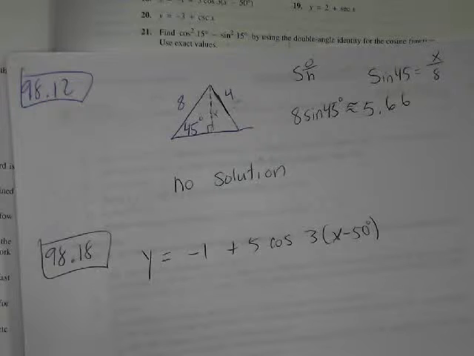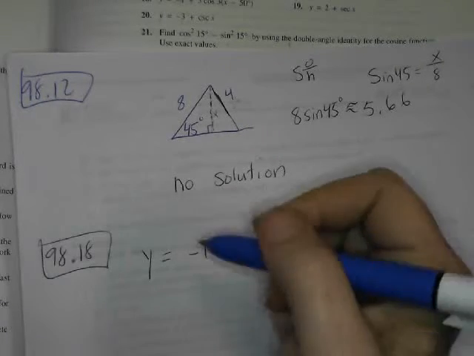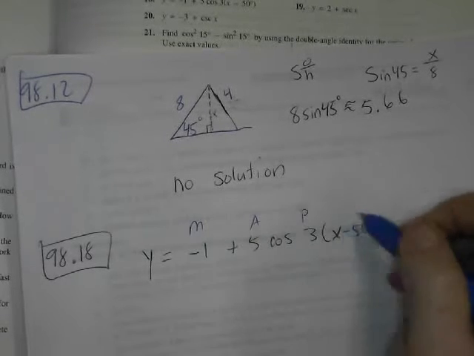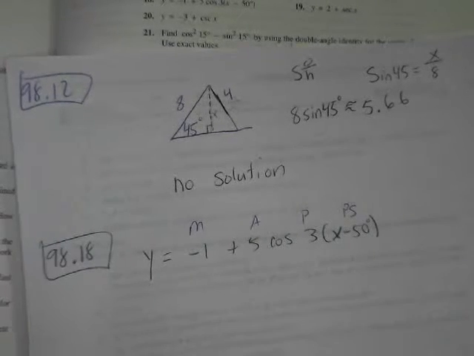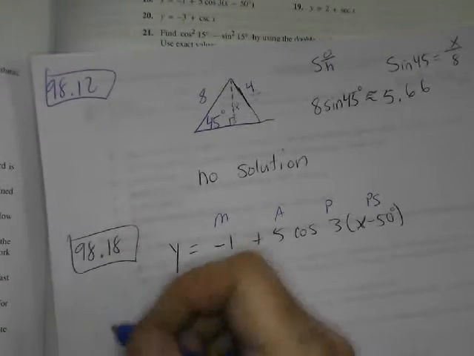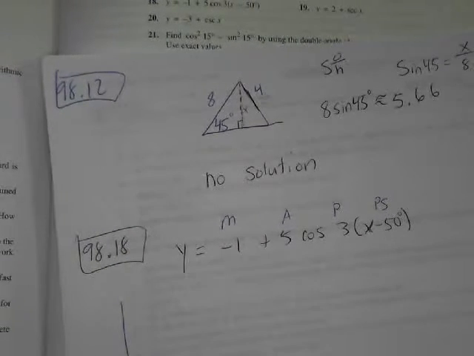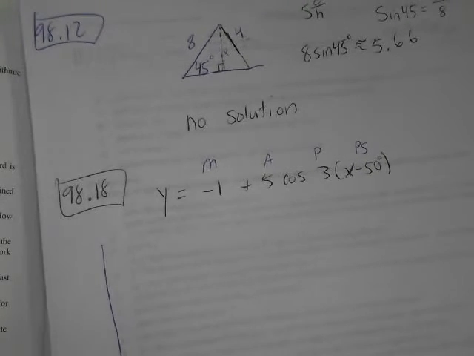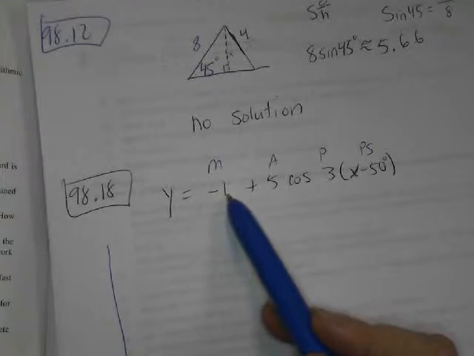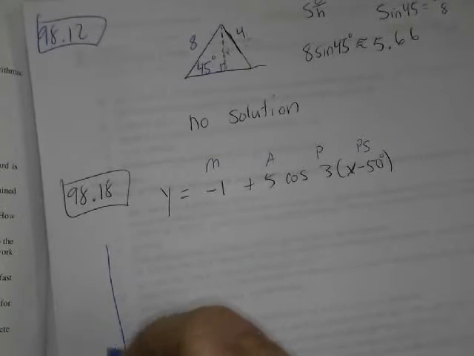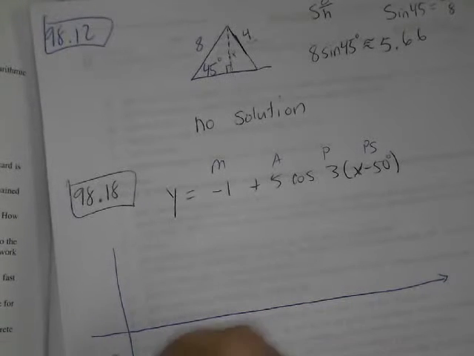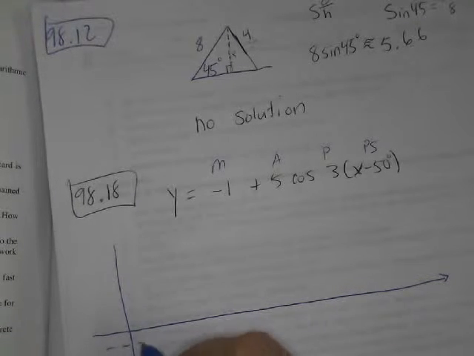So I think it just wants me to graph it, and I like to say MAPS: midline, amplitude, period, phase shift. That just helps me figure out what I need to do here. So it's a cosine graph. I'm going to make a fake axis over here on the left. My midline is only -1, so I'll stick the x-axis kind of in the middle, and I know my midline is going to be just one below it,